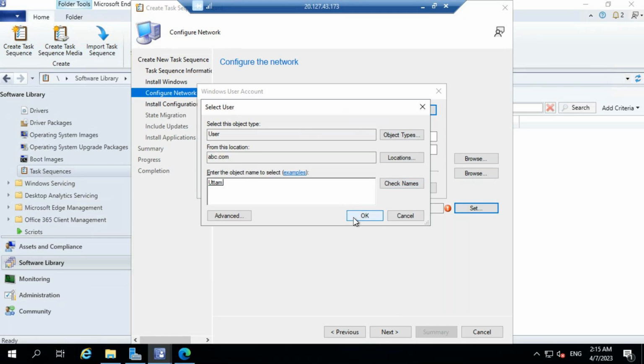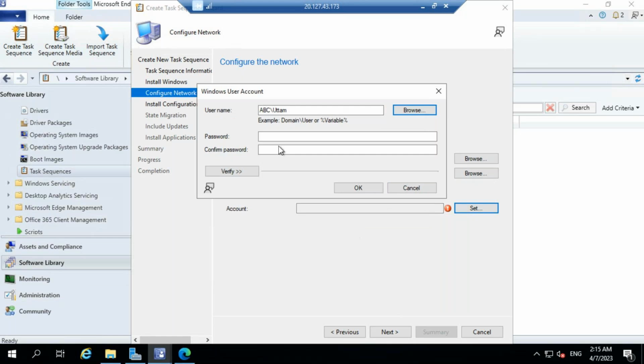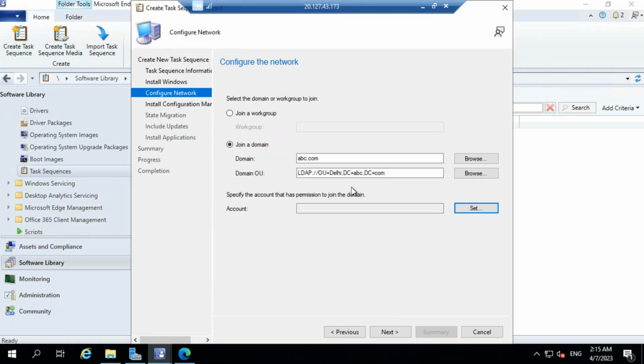Click OK. Now the password, you have to type in your password, Uttam password, and click OK. Then you have to go next,